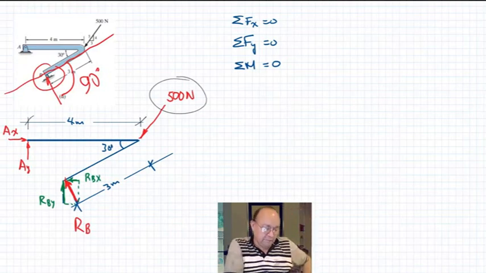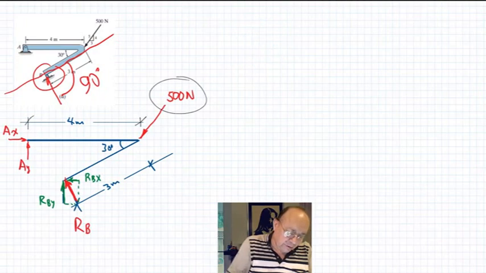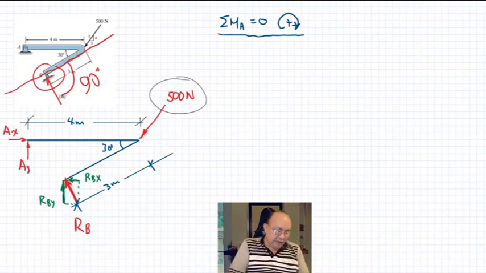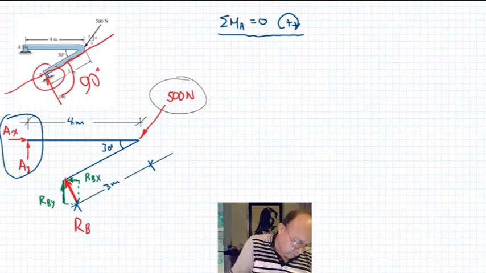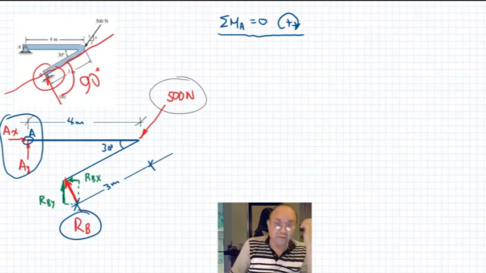If we do that, summation of moments, start by summation of moments with respect to point A equals 0. I'm going to do positive in any direction, it will be okay. Let's say positive clockwise. In that way, I eliminate these two unknowns from the equation because both of them go through the point A. So I eliminate the moments of those. So I have one equation on RB and I will find RB directly.